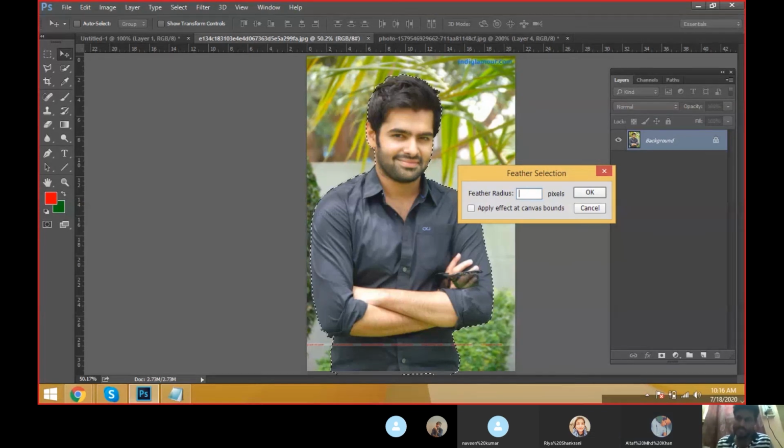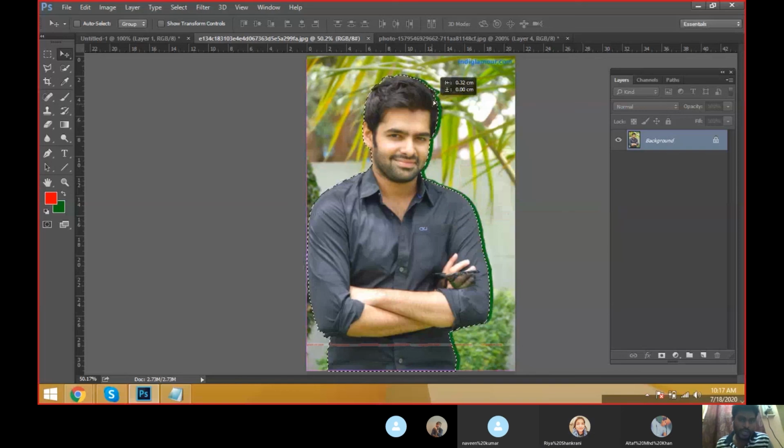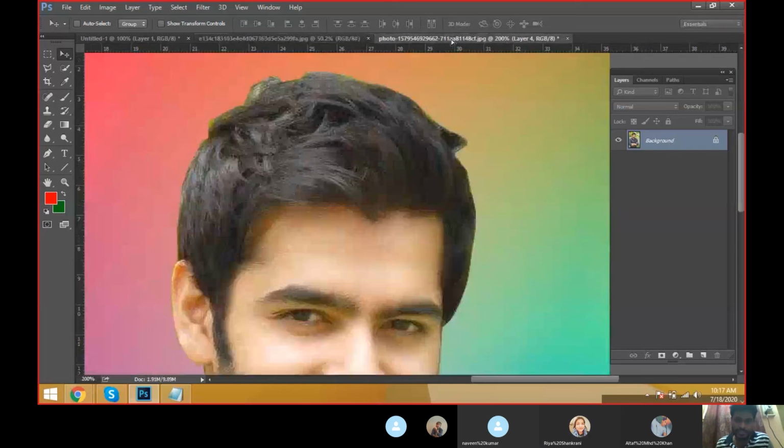Okay, why? Because this is not that low quality, not that high quality. It is a medium quality. That's why, when we are giving the radius of feather, it should be handled. It automatically takes the edges of perfection. That's why I'm just giving 0.5 or 1. Just take the selection, and after clicking the feather selection, go to the move tool, come to here, take the move tool and just click on it.